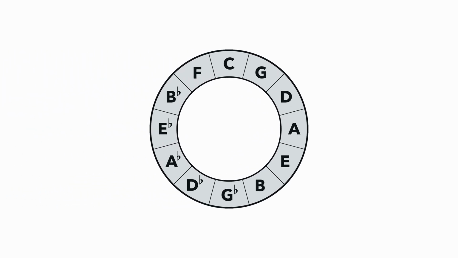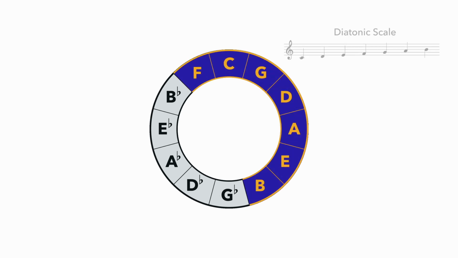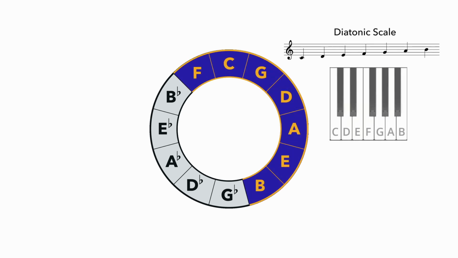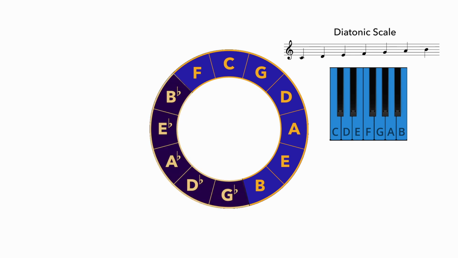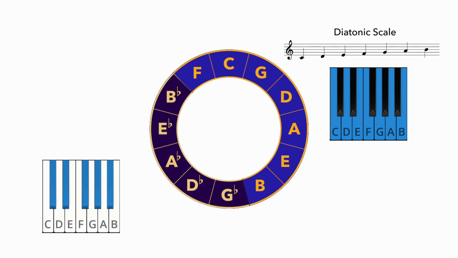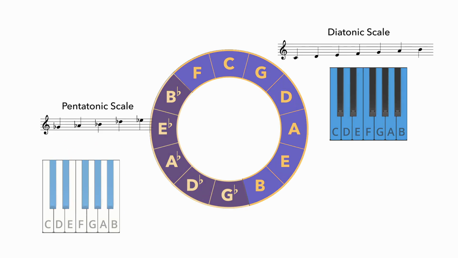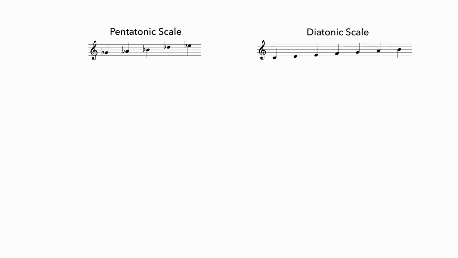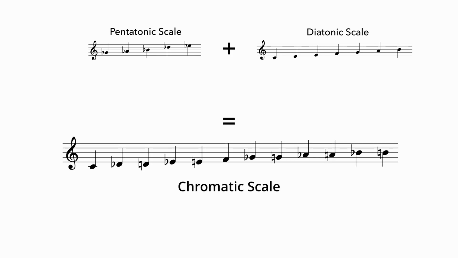We used a chain of fifths to create a diatonic scale, which corresponds to the white keys on the piano. The notes we left out are the 5 black keys, which build a perfect pentatonic scale. So, a pentatonic scale of black keys happens to perfectly fit in the gaps of our diatonic white key scale, creating a perfect 12-tone harmonic system. Isn't that kind of magical?